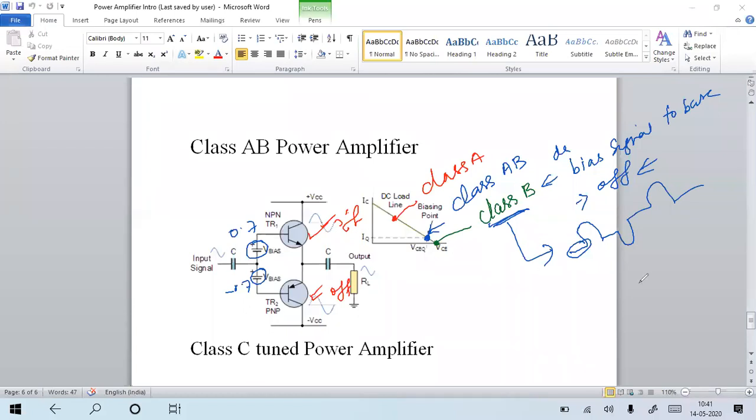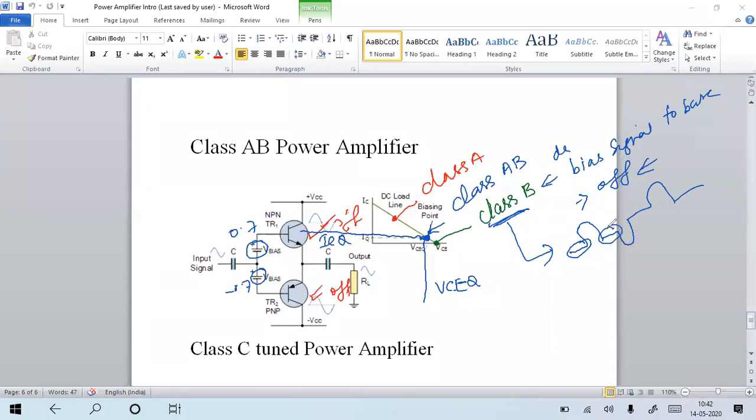So your device is not in the cutoff mode, and your device is not completely in the active mode. Since a small amount of voltage is given, your device is now just on, a little away from the cutoff mode. Correct? That is why it is near the cutoff mode. So this is your operating point ICQ. This is your ICQ. This is your VCEQ. Now you apply the AC signal to it in such a way that the crossover distortion will be avoided.